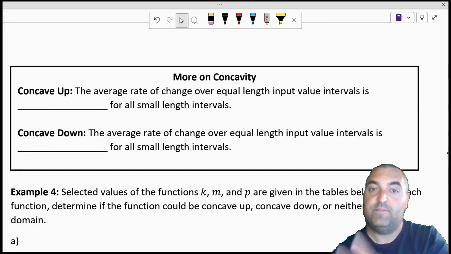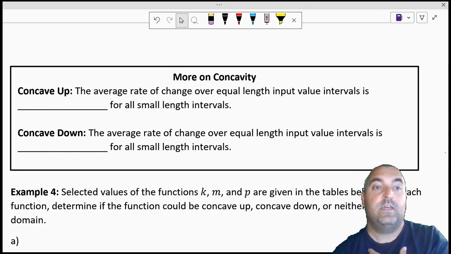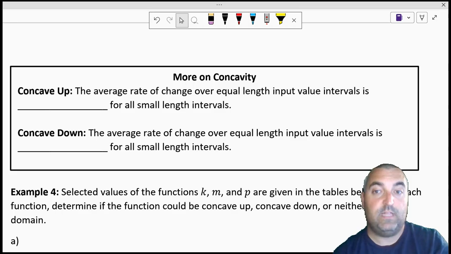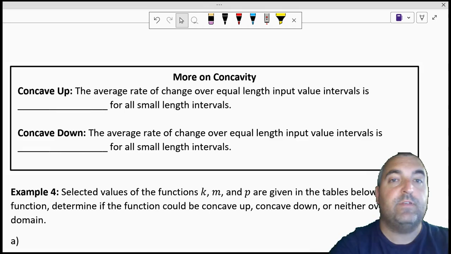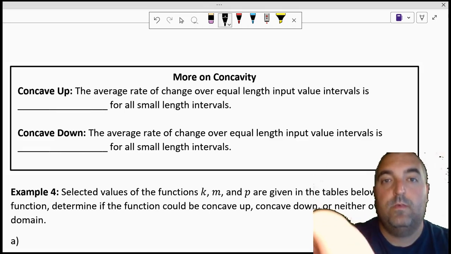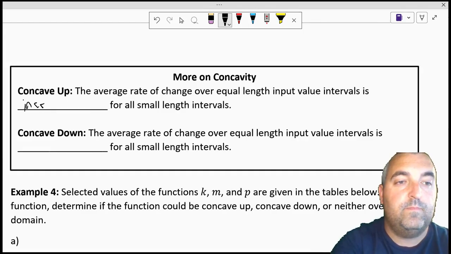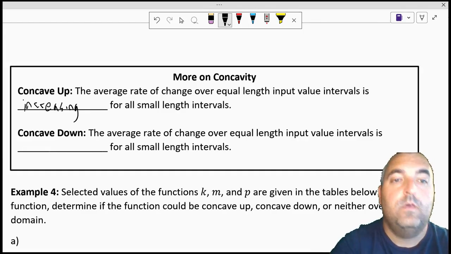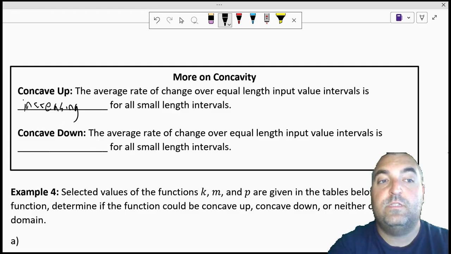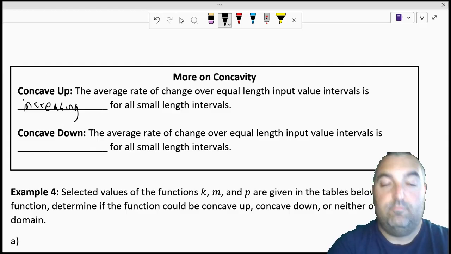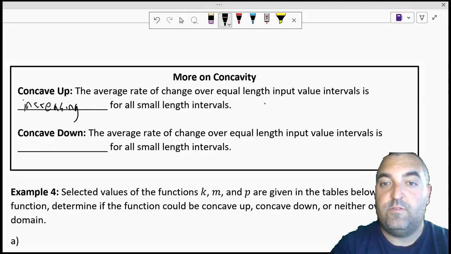So there's two types of concavity. A graph is going to be concave up or concave down. It can have multiple depending on how complex the graph is. But what concavity is, it's that the average rate of change over equal length input value intervals is increasing for all small length intervals in concave up, which basically means if you have a graph,